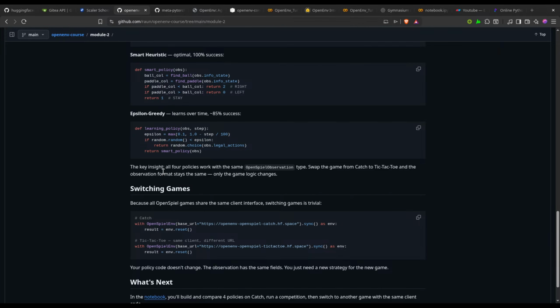The key insights: all four policies work with the same OpenSpiel observation type, which we have already read. Switching game is trivial, because all the OpenSpiel games share the same client interface.